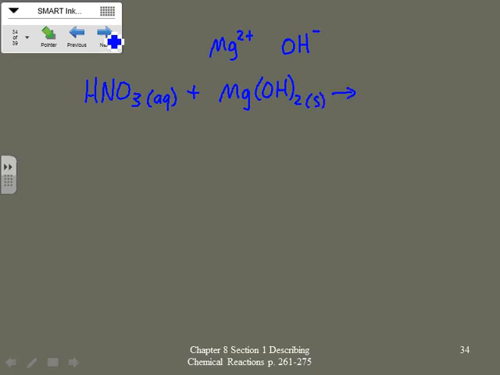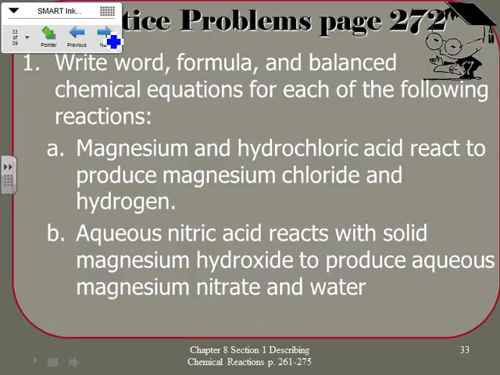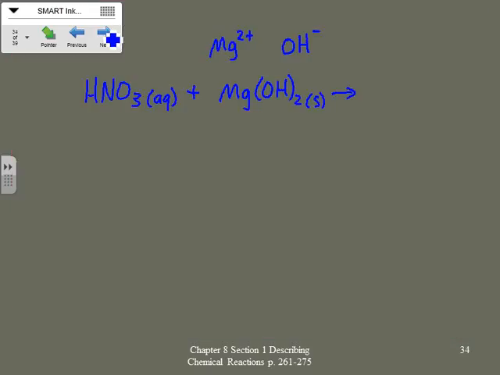I need to make my arrow little. I've taken up too much space with the left side of this equation. To produce aqueous magnesium nitrate. All right, this is a tough one too. Magnesium nitrate. We know magnesium is 2 plus, but it's nitrate, not nitride. Good. So you have to look on your polyatomic ion chart. It's NO3 1 minus. Okay. So then the formula would be